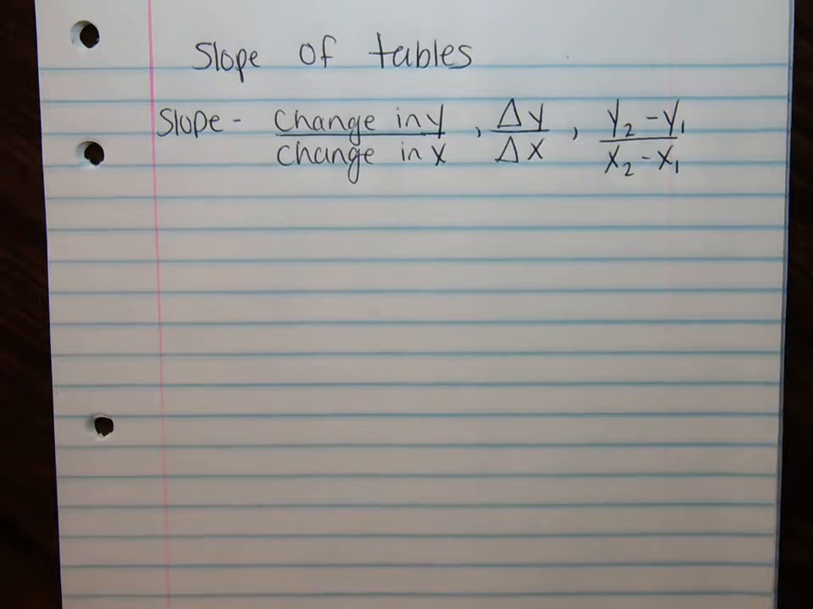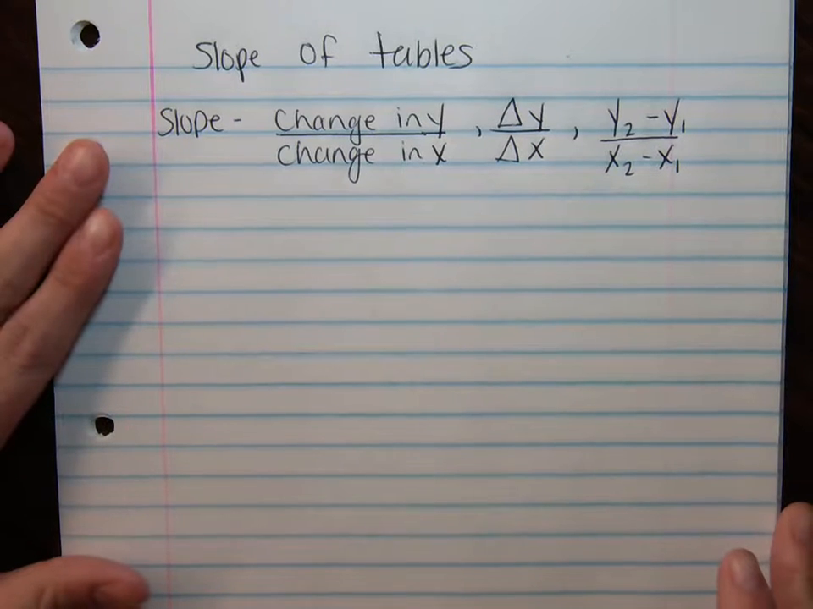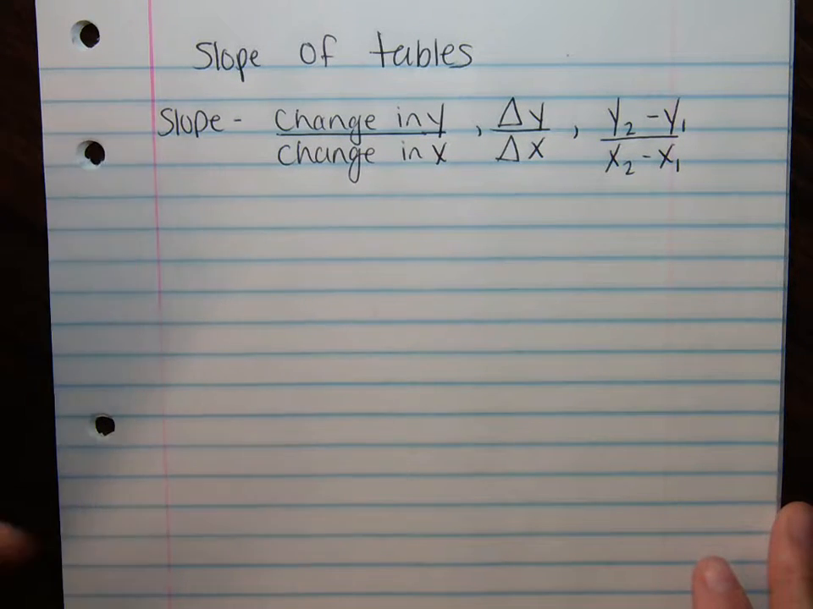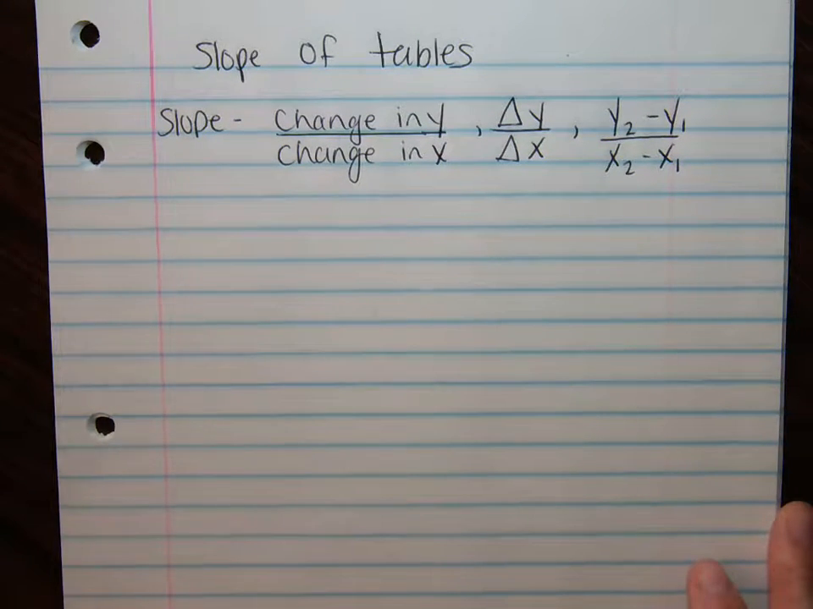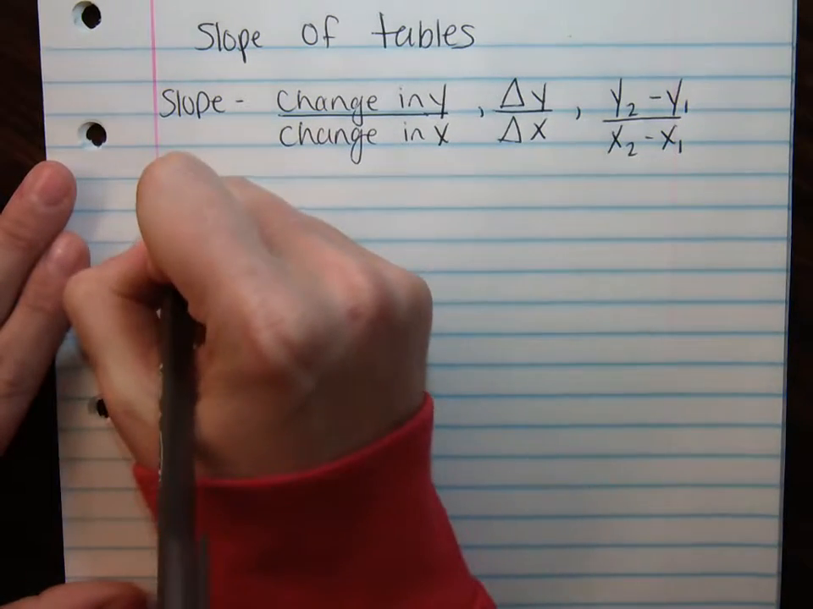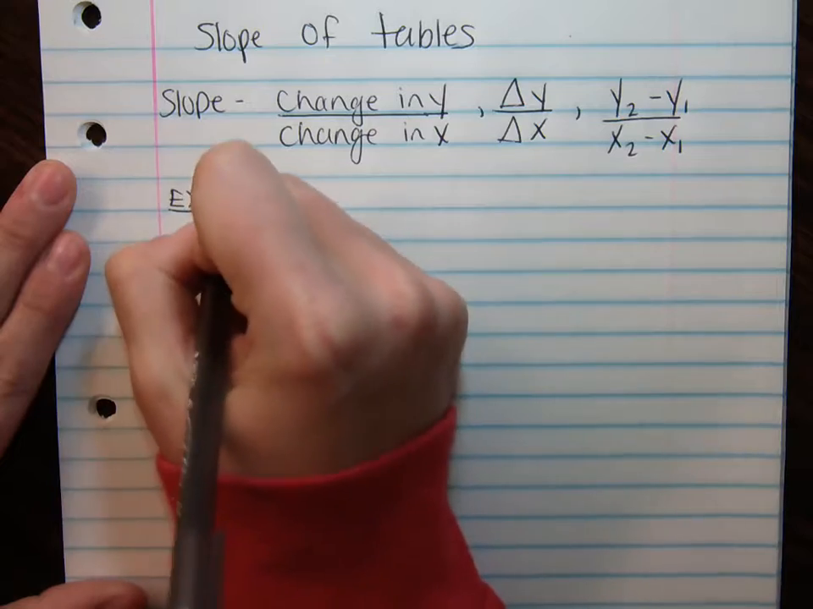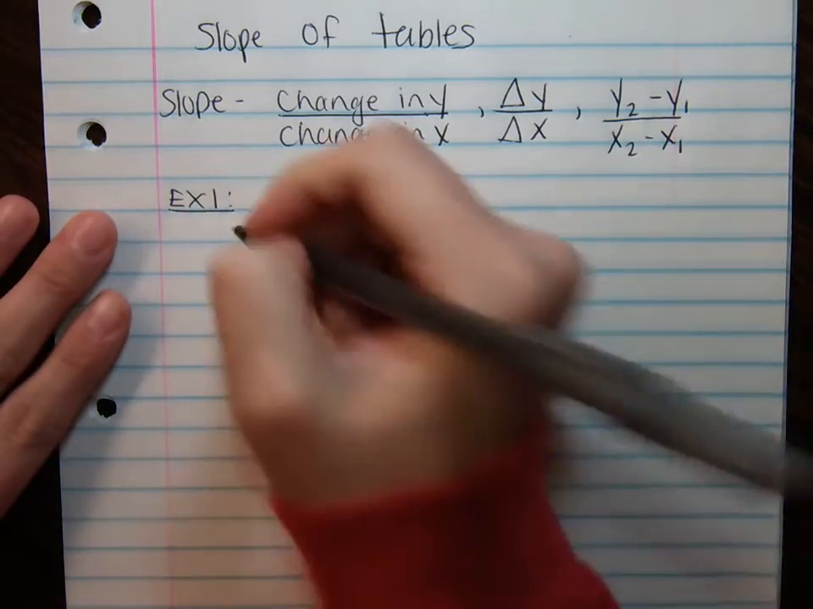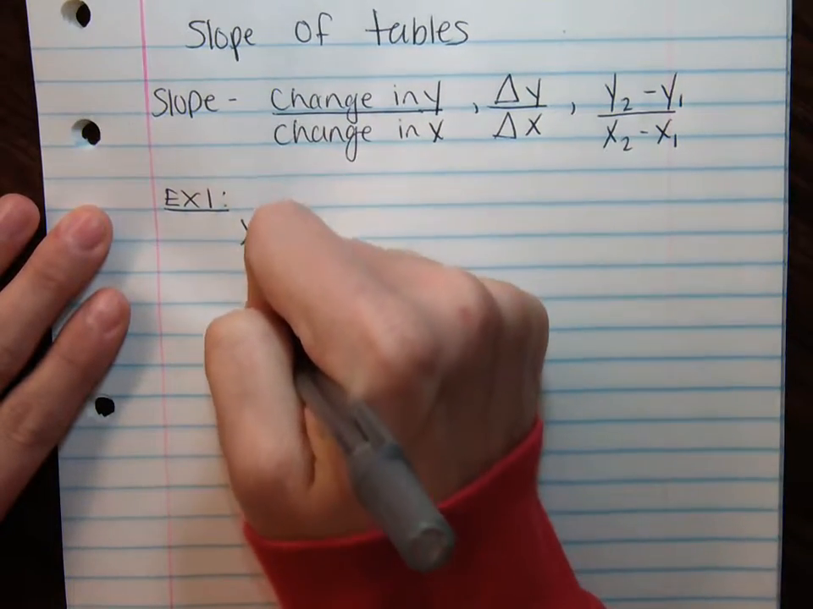I'm going to show you two different ways to do it, and you can choose any way that you like to find the slope. I don't care which way you do it, just as long as you are able to find the slope. So if we look at example 1, let's say we have the table,